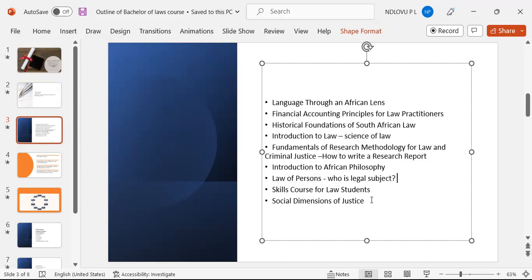Another important course or area is the social dimensions of justice. Remember, the law does not only serve the interests of a narrow community, but it serves the interests of a broader community. And we always ask ourselves questions to do with what the purpose is of practicing law, the rights of the people, how they are enforced, all those issues. So you find that it is not a justice system if it sidelines some people and promotes the interests of others. So thinking about social dimensions of justice, you are thinking of law not only as an instrument through which